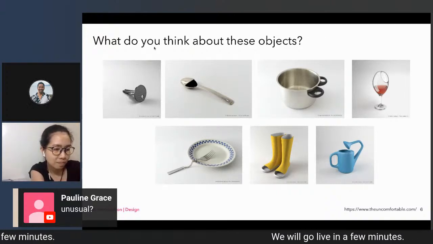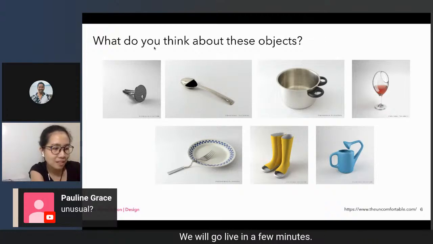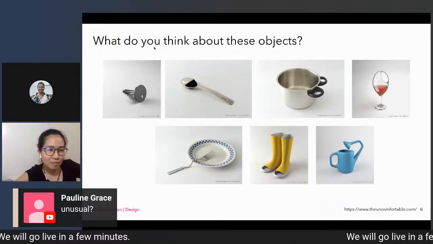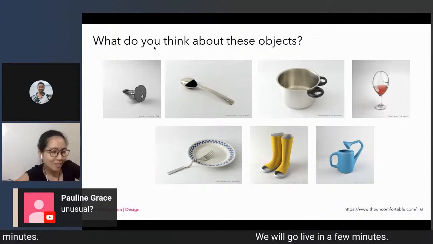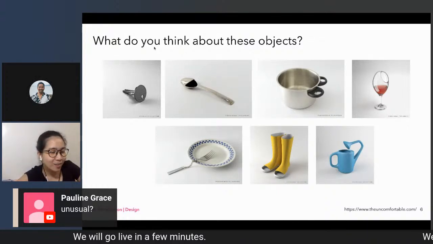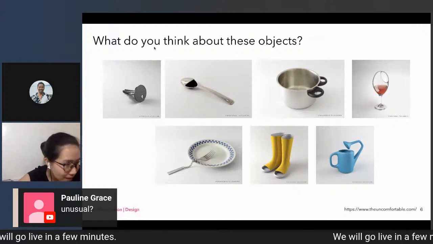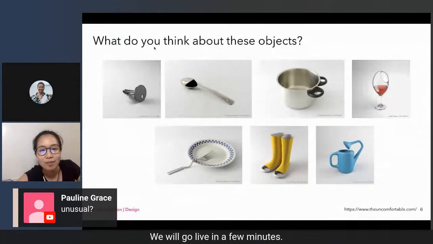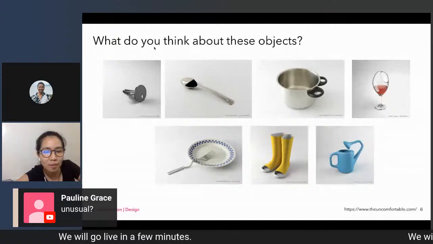Yeah, they look very interesting now. Okay. So if I try to minimize my screen, you can see my notes. So I'm relying on my phone to see the feedback. We have your "unusual." Yeah, I can see it now. Pauline Grace, thank you. So thanks everyone for your comments.